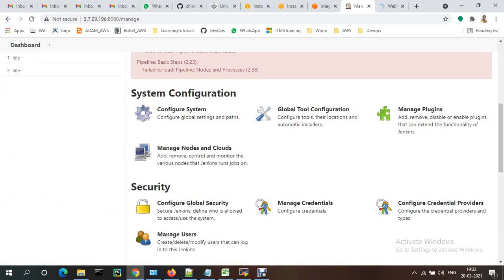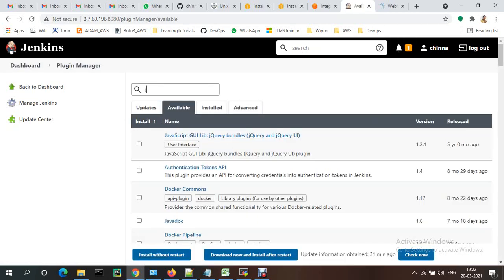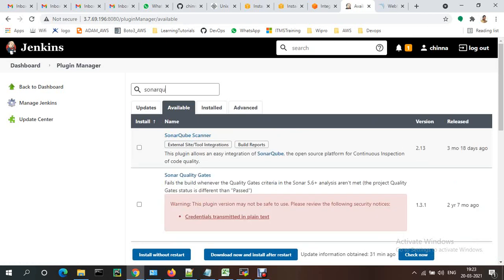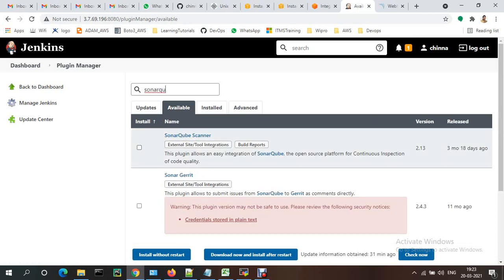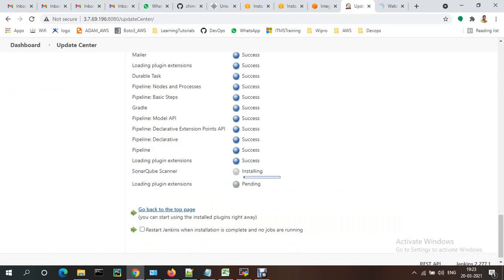Then we need to download some plugins. Under Manage Plugins, we need to install the SonarQube Scanner plugin. We need to go to Available, SonarQube Scanner. Click this one and install without restart. By default it will not come with suggested plugins, so we just need to select that one.